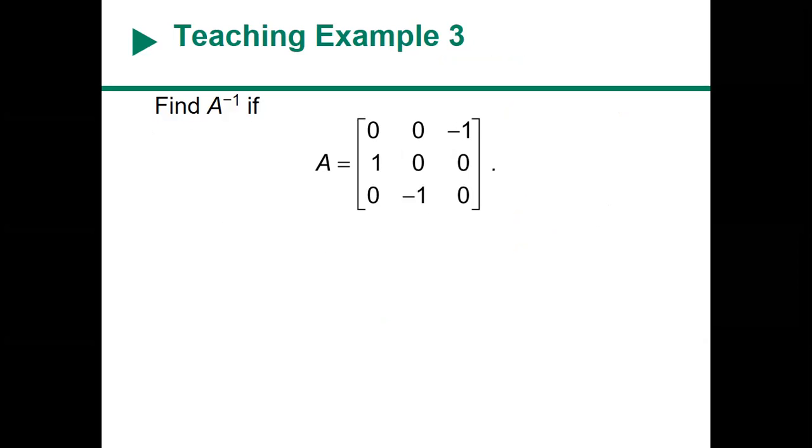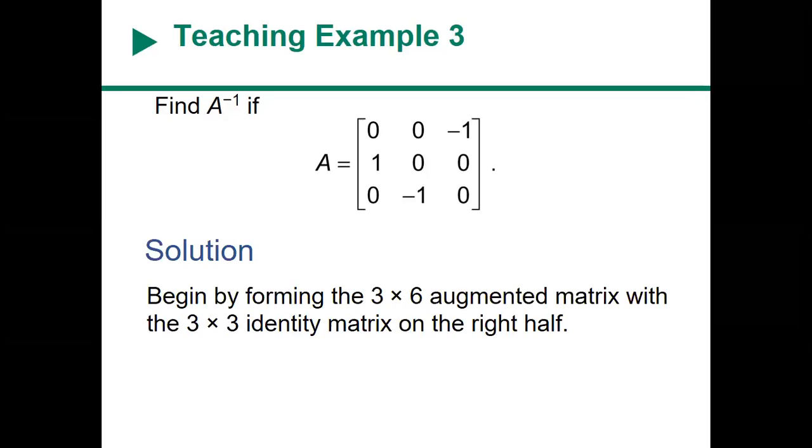Transform it. So we're basically going to try to create it from here, by using our row transformations. The reason why is because we want to form a 3x6 augmented matrix with a 3x3 identity matrix on the right half. So what that looks like,